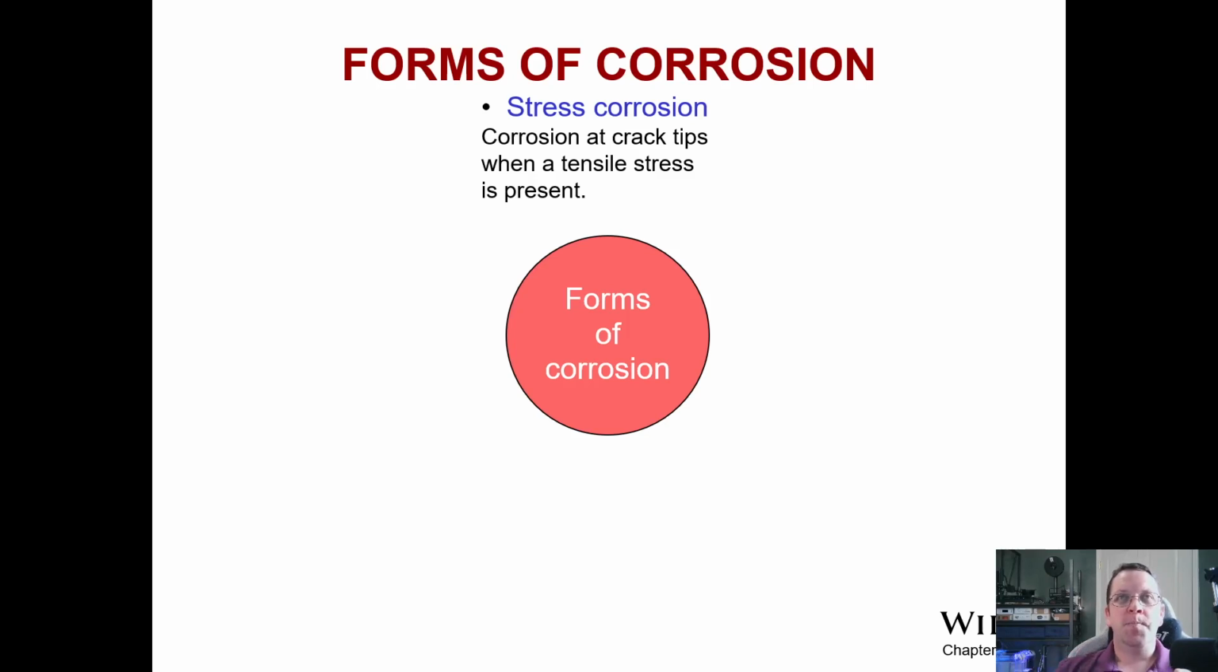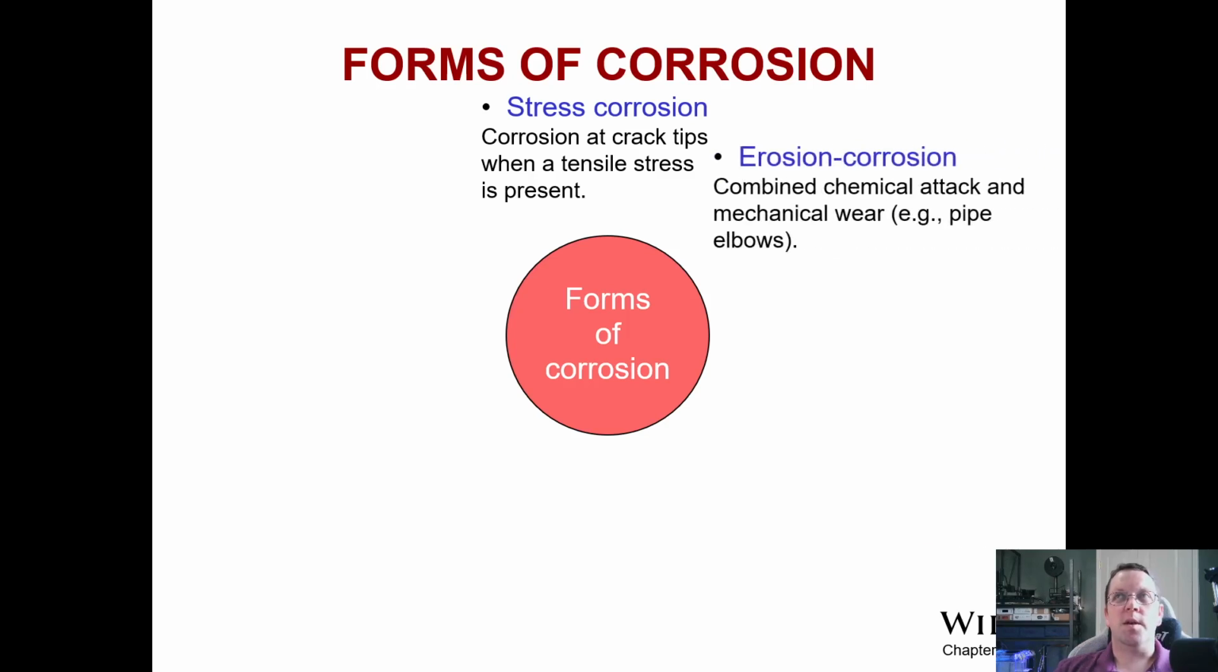So there's erosion type corrosion. This is some kind of chemical attack in addition to mechanical wear. Something like a pipe elbow has a much higher friction for the fluid flow. Anytime you change direction, an elbow is going to corrode at a much, much higher rate than a straight section of pipe or tubing is going to under the same exact conditions, because you have a number of different mechanical